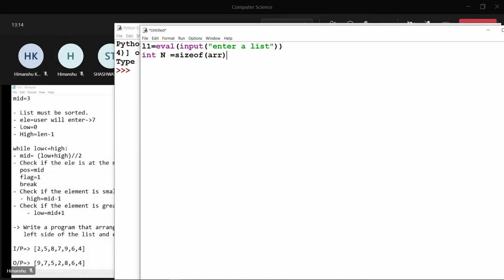Excuse me, sir. Yes. Sir, I have a doubt. We have to arrange the odd numbers on the left side, but do we have to arrange them in ascending or descending order? Like if we take numbers nine, seven, five, it is not that the elements should be in ascending or descending order. This is not a compulsion that the elements must be in sorted order. Okay, sir. It will be random.